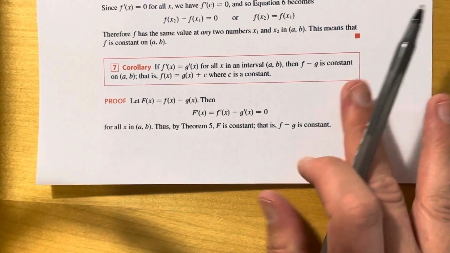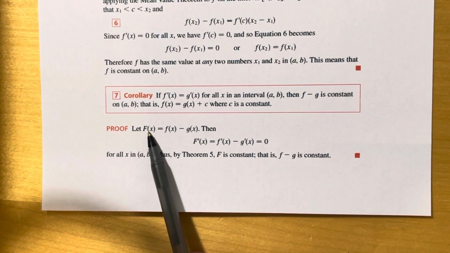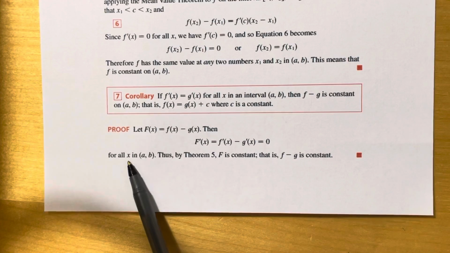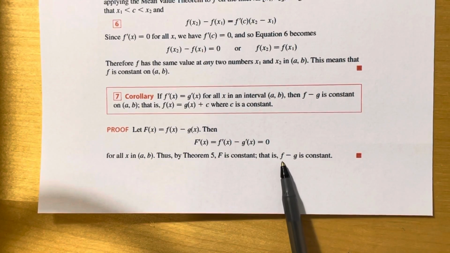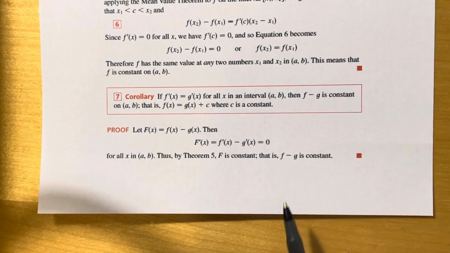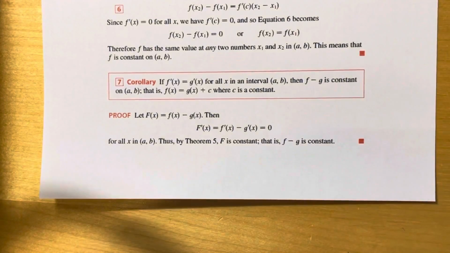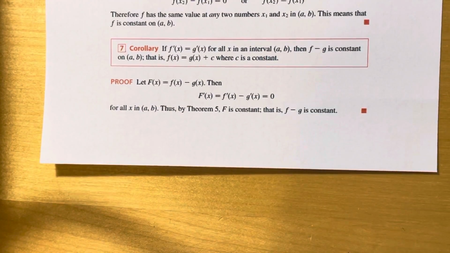But according to that previous theorem, this function would have to be a constant if this is true for all x in that interval. So because we define big F to be little f minus g, f of x minus g of x must be constant. Now the reason that's important is because at the end of this chapter we're going to talk about antiderivatives,